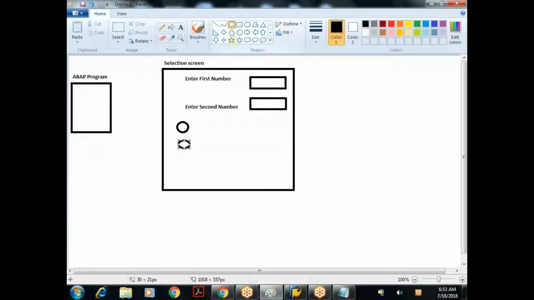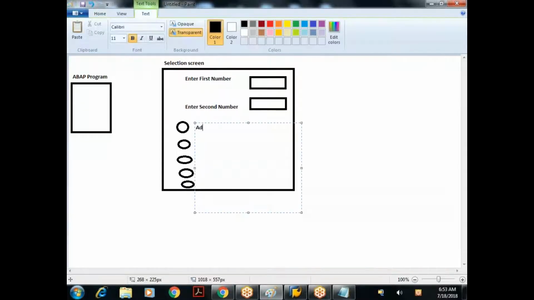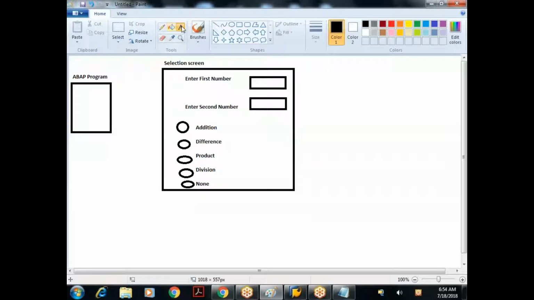I should have five radio buttons with the options: addition, difference, product, division, and none. So like this, I should have five radio buttons.